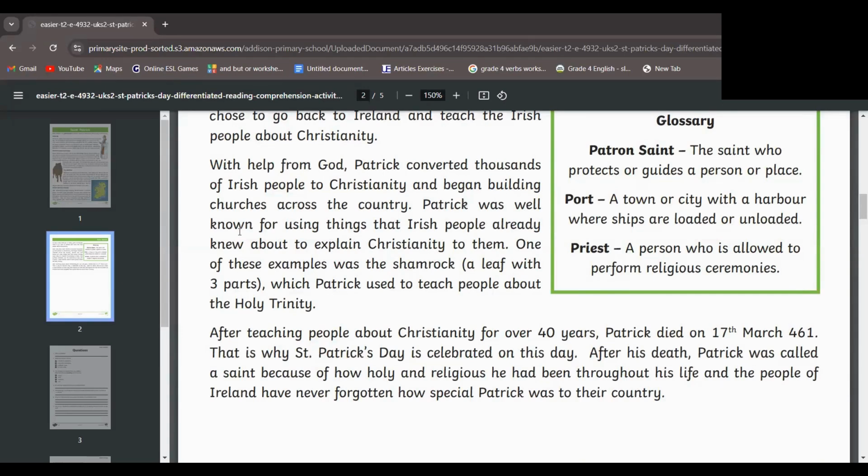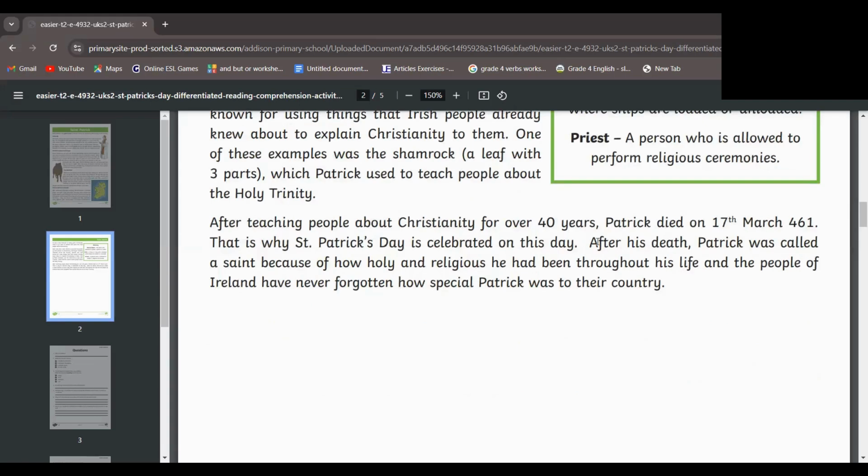Patrick was well known for using things that Irish people already knew about to explain Christianity to them. One of these examples was a shamrock, a leaf with 3 parts, with which Patrick used to teach people about the Holy Trinity. After teaching people about Christianity for over 40 years, Patrick died on 17th March